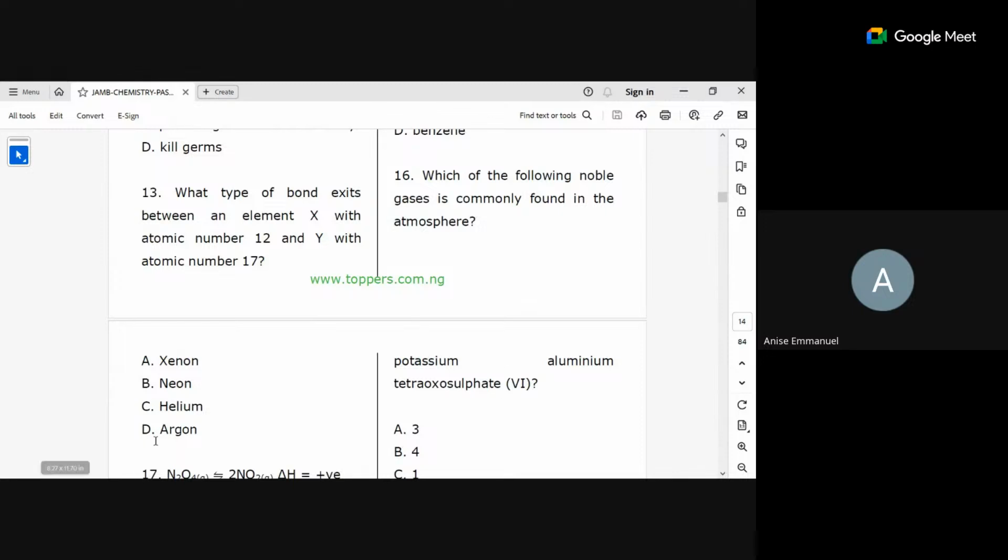Now look at this. Argon is a noble gas, helium is a noble gas, neon is a noble gas, xenon is a noble gas. But the one that is commonly found in the atmosphere. Now look at what JAMB is doing. If you have the mindset that, okay, 2 will be correct, 2 will not be correct, you will see that all these, they are what? They are group 8 elements. And I said noble gases are found in what? In group 8 elements. So the one that is commonly found in the atmosphere, not that others are not, but commonly, is what?